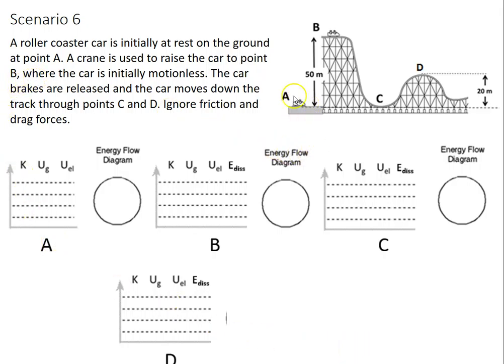We have a roller coaster car at A on the ground level and not moving. It is then lifted up to B by who knows what. A cable, some kind of lifting device, but it seems work is done raising it up to B. B is not moving, but all they do is take the brakes off, and then it comes roaring down,